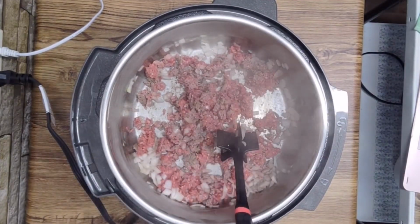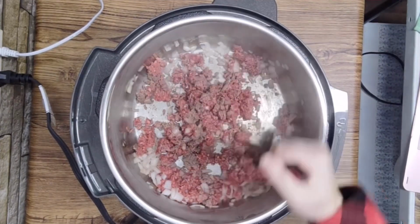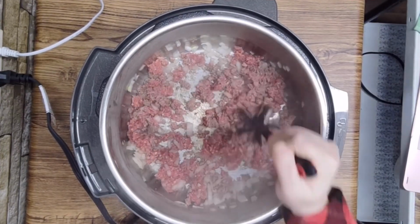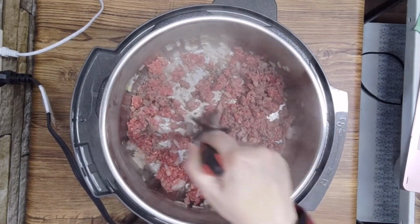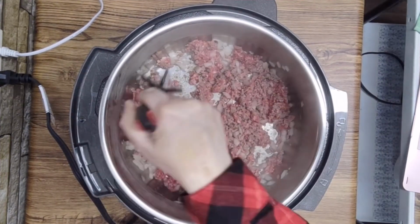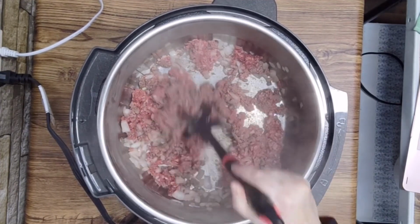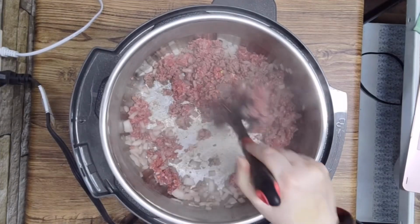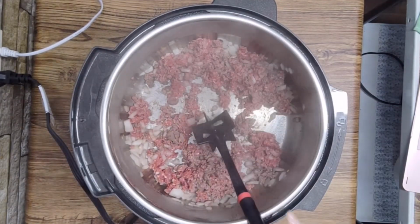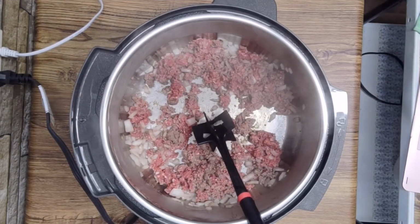That stainless bowl not sliding around is a game changer. I'm using my little chopper thing here and I'm just breaking up that ground beef into smaller pieces. And once it's cooked through, I'll bring you back and I'll be adding some green pepper diced up and some